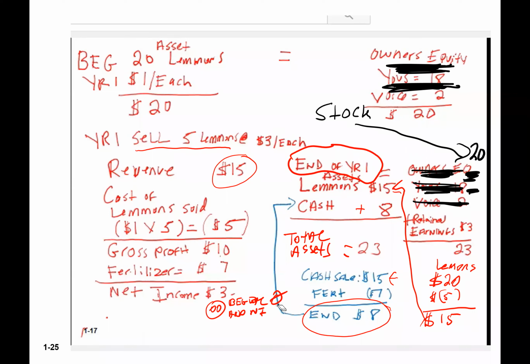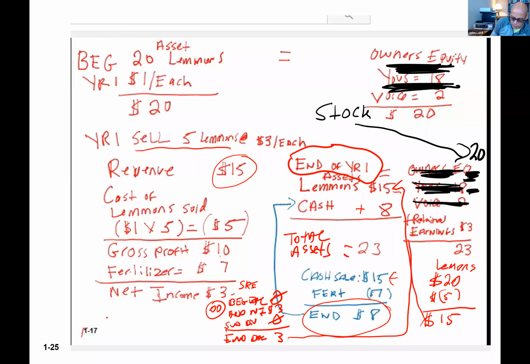Oops, the $3. I don't know why lately I've been having trouble writing a dollar sign. $3, and then subtract dividend. Dividend was what? 0. And so the ending balance was 3. That's basically the statement of retained earnings. I mean, that's what that statement of retained earnings does. And then you go ahead and just pull that up and report that as your ending balance in retained earnings